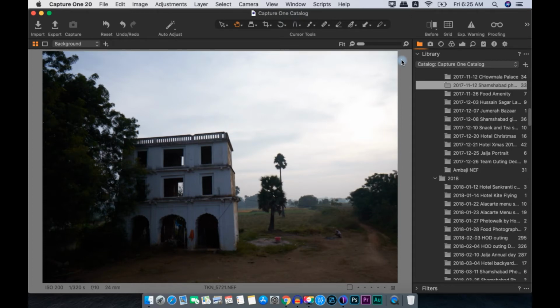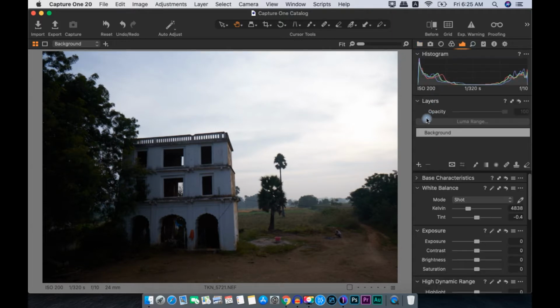In today's video, we are going to edit a landscape photograph with particular focus on how to use layers. So if you are a new user to Capture One and you wonder how the layer function works and how to optimize and maximize output by using layers in your photograph, then this video is for you. So stick around till the end and we'll edit this landscape photograph by using layers.